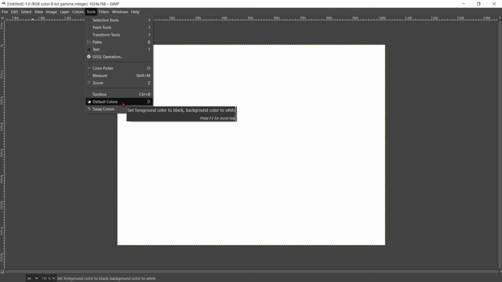and here we have a default color for foreground. Here we can see when we put the cursor, set foreground color to black or background color to white.